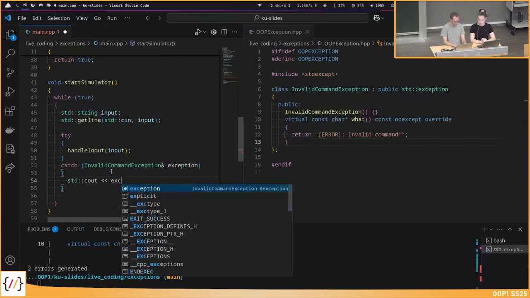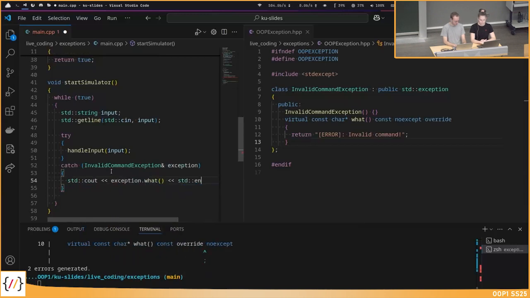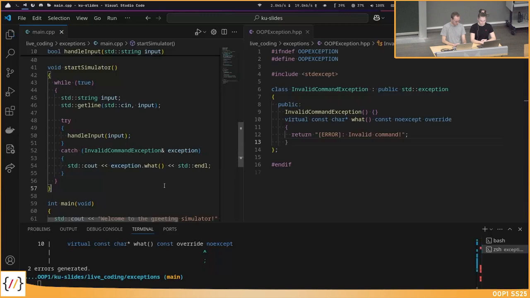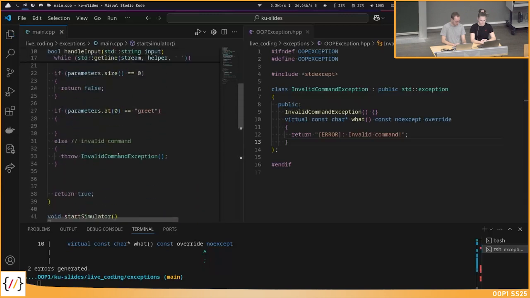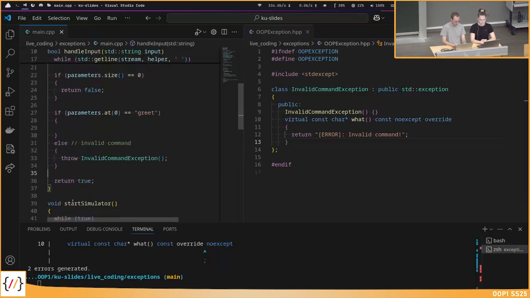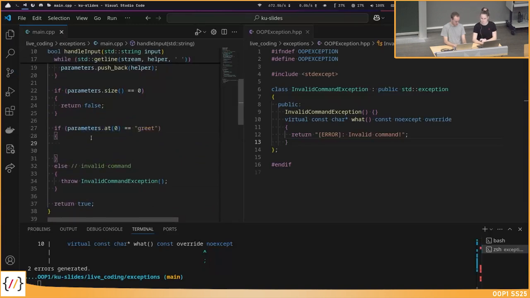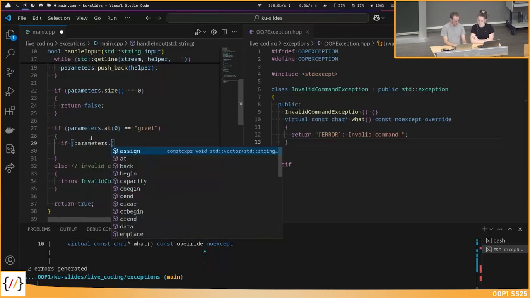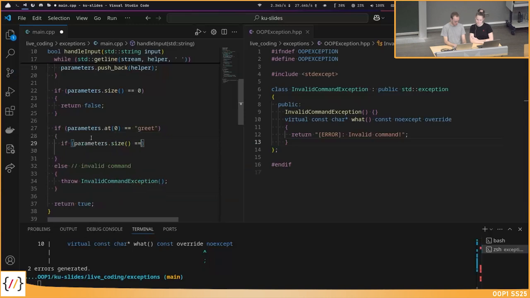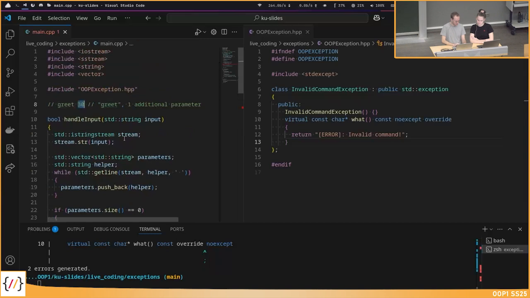So I can just call exception.what. Okay, and now this is handled. Okay, very nice. And if parameters at 0 is greet, then check if parameters.size equals 2. So greet takes itself one parameter and then the number of people that I want to greet.